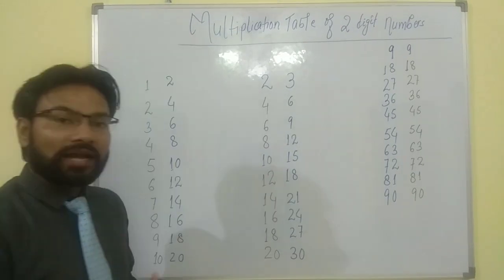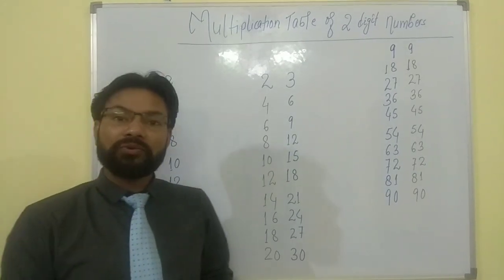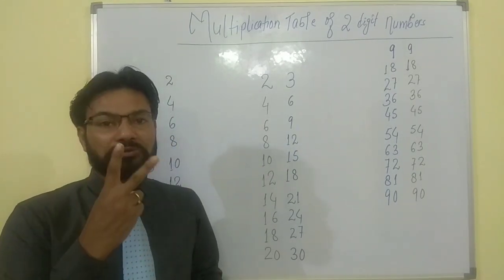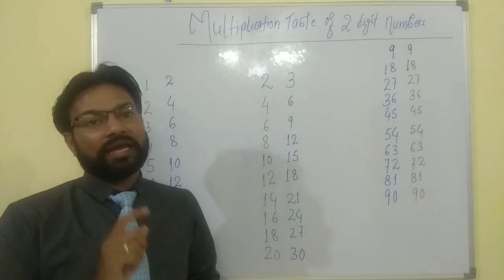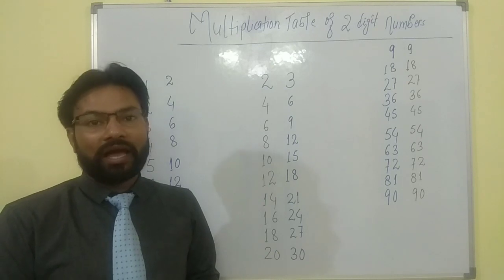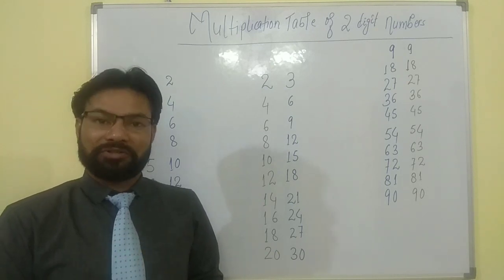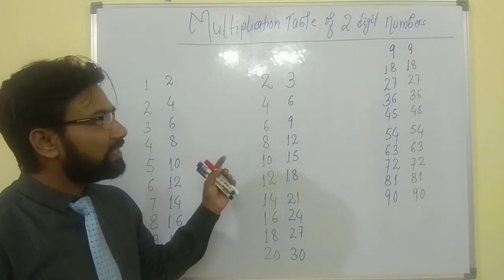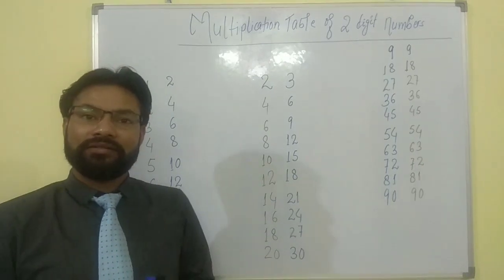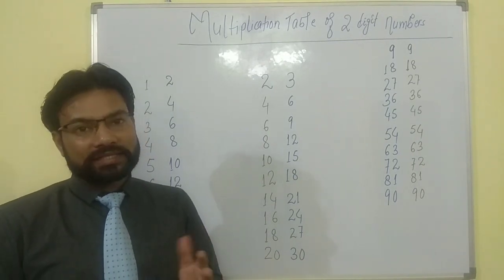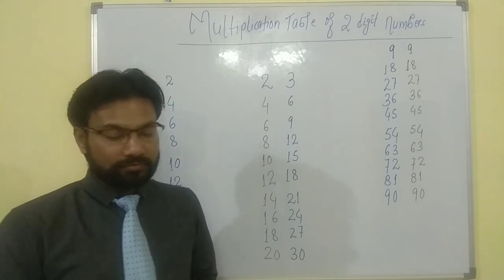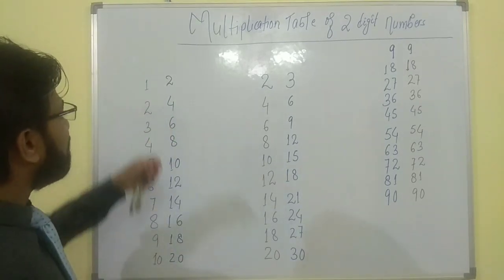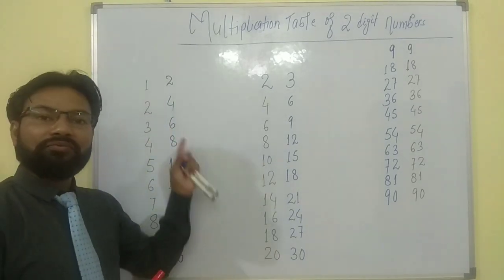So in today's class, we are going to learn how to write tables of any two-digit numbers, because only when we write the tables will we be able to learn them and use them in our calculations. We are going to see some examples of writing two-digit tables, how easy it is, and how we can use them in our daily life to learn the tables better. Here is the first number. We are going to see how to write the table of 12.